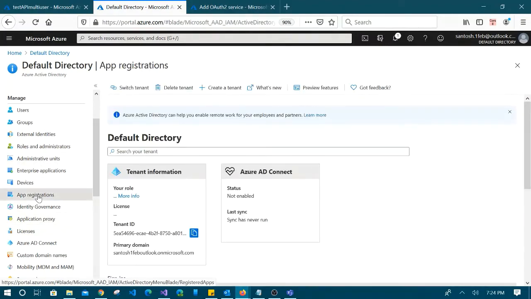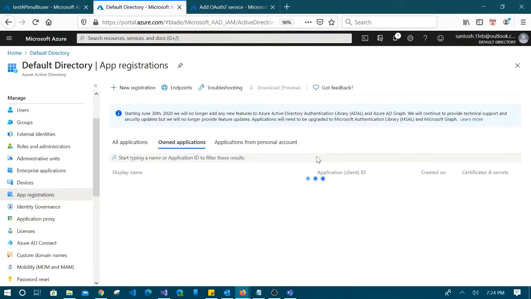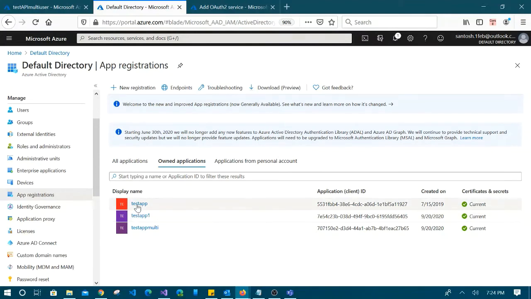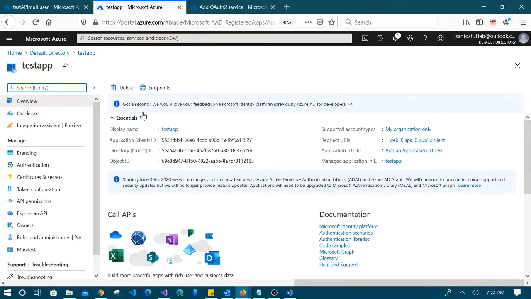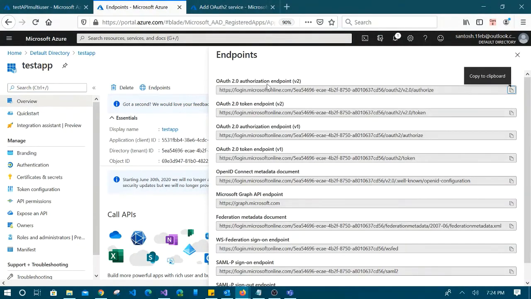Now go to app registration. Open your app, and here you can see the endpoints. Now you can find the 2.0 authorization endpoint and the 2.0 token endpoint.